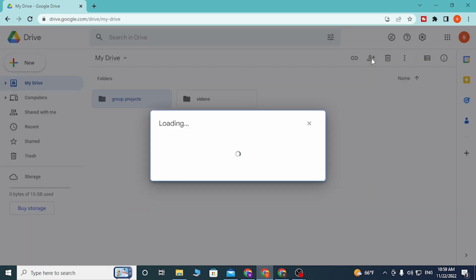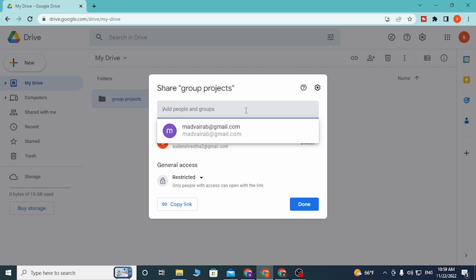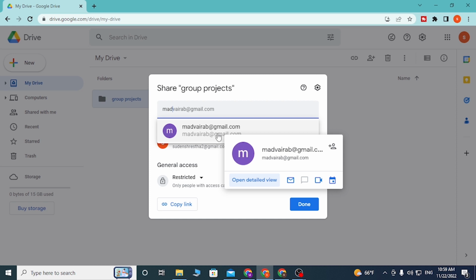Click over there, and you can add people or groups over here. I have not added a person, so let's add one. I want to add this Gmail to my account. Let's type the address,